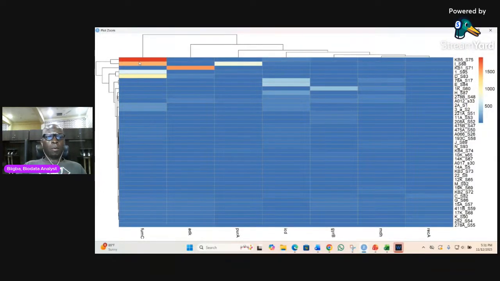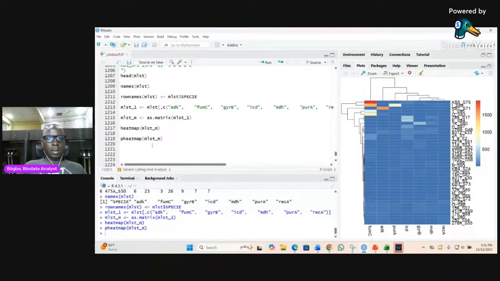So we can see we now have our data, our housekeeping genes. As you can see, there are 7 housekeeping genes, and their allele identification numbers are all aligned here, and the species on the y-axis, and then our legend is over there. But let's also add a few things to make this look a little bit better. So we add a color,